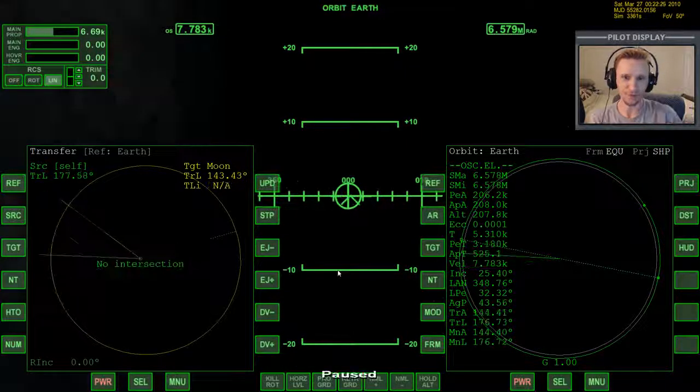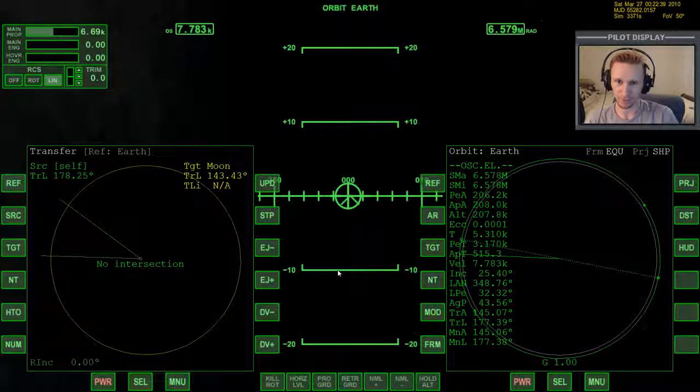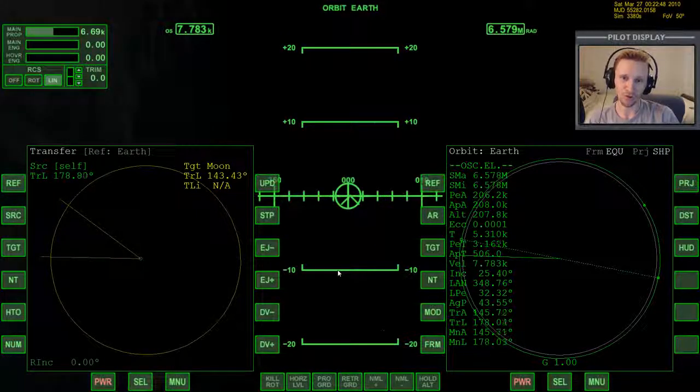Go ahead and stop the video, go back to the Absolute Beginner Guide Part 1, and work your way forward. Now, having said all that, let's jump back into this video where we took off from Cape Canaveral. We got into orbit around the Earth, and we're heading out to the moon. In the last video, we experienced an unforeseen problem, and that problem arose from having one of the realism settings turned on, and I forgot that I had it on from one of my other flights. And it turns out